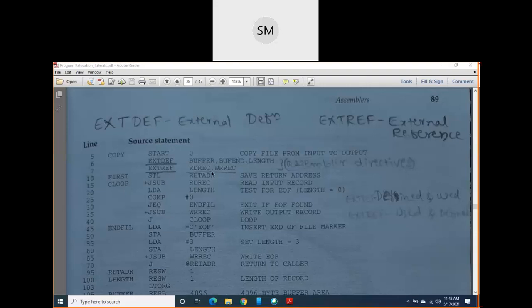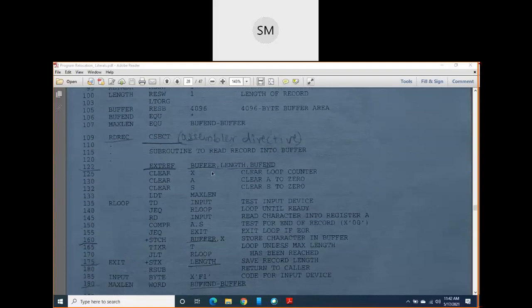So if you come to this control section, that is the read record control section, here the external references are these symbols. It says these symbols are used here, but they are defined in some other control section.